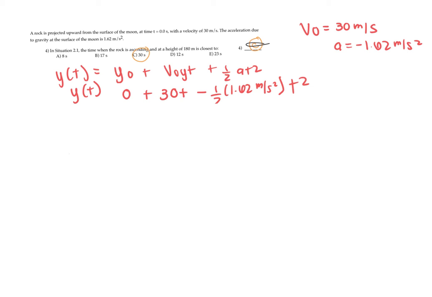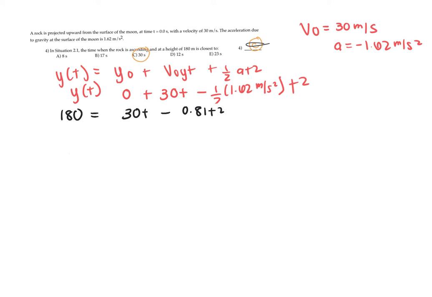So for this problem, what we're going to do is use this equation that I have up on the board to solve it. And basically we have to plug in these values. So we know that the initial velocity here is 30 meters per second, as it's telling us, and the acceleration is negative 1.62, and that the initial place where it starts is at 0. And we have that y of t, the height, equals 180,